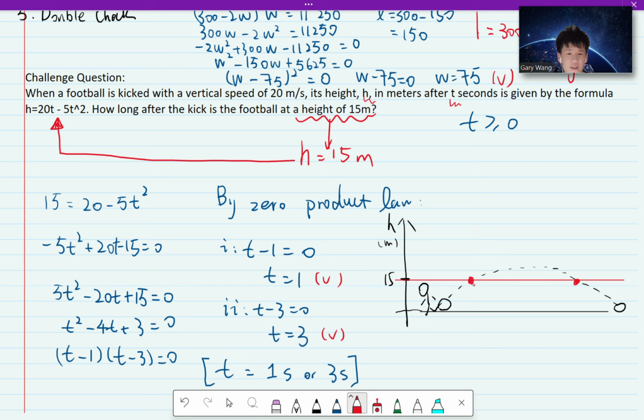Which means that at 2 specific time points, the ball will reach a height of 15 meters, which proved that our two possible answers are correct. So there are two possibilities, one at 1 second and one at 3 seconds. So this would be a question that needs our thorough understanding of how to